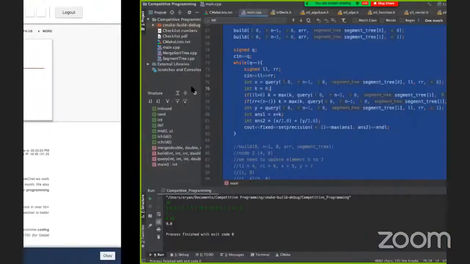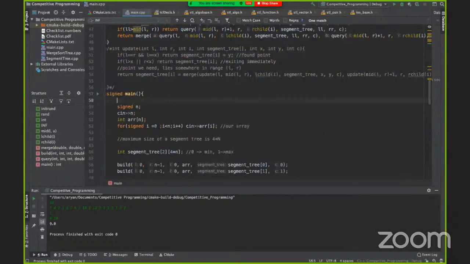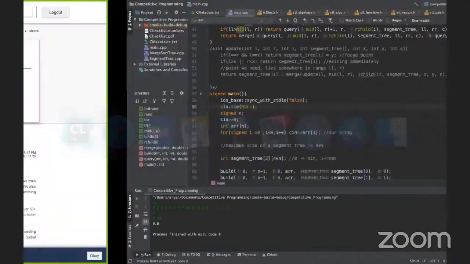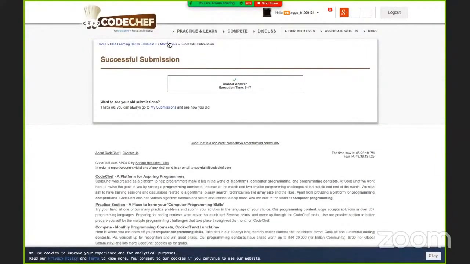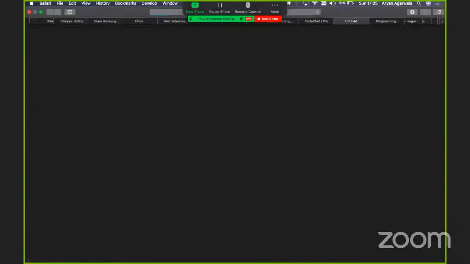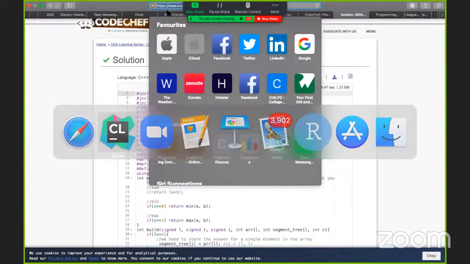Oh, let me just do fast IO. Even though we shouldn't need it, it's a small problem. Yeah, AC. So I'm going to send you guys my submission link, so you guys can see the code, and along with it, that's a proper segment tree template along with the logic. So that should be useful for you guys.